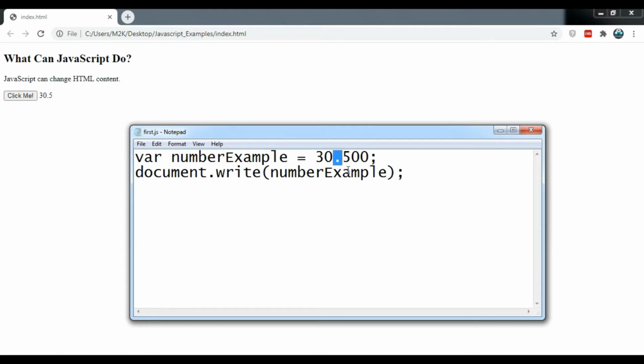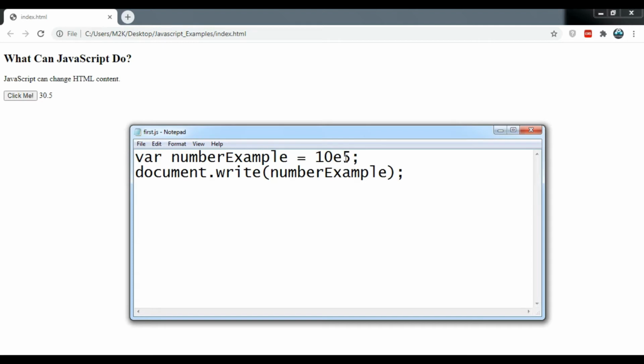Also, in the number, if you want to write a big number, let's say you want to write 5 lakh or 10 lakh or 1 million, you can write something like 10e5.